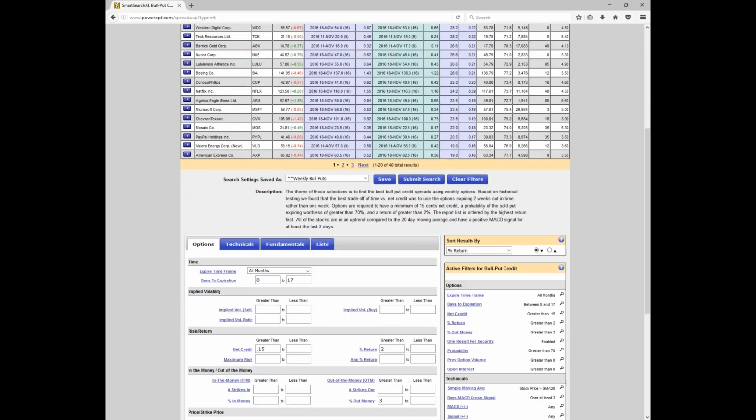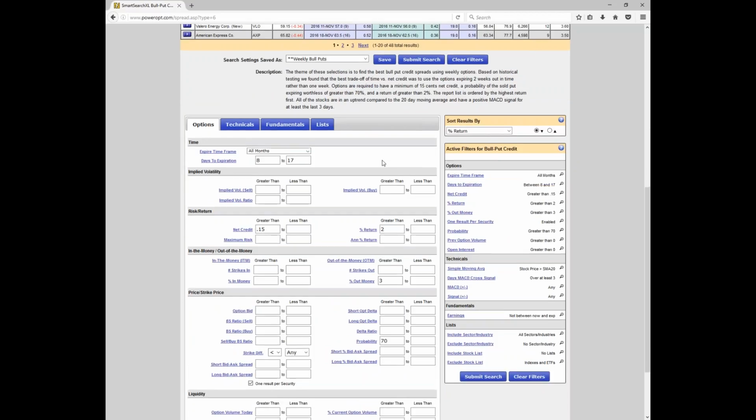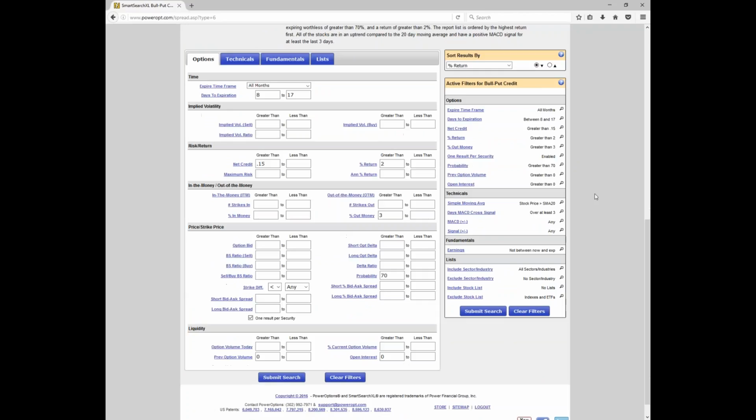Before you do anything and start evaluating a trade, you want to scroll down below the listed trades once you access the search and take a look at which default search is being shown. Here we see that we're looking at the weekly bull puts. You have a full description here of the search criteria that we set up. But you can also see all of the stock and option criteria we're using here in the active filters